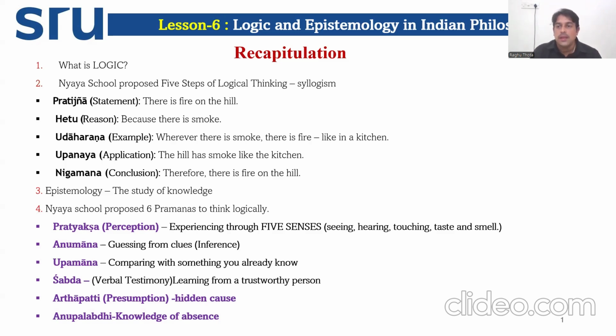Upamana, that is, comparing the situation with a situation which you already know. For example, a person witnessed an animal in the village which is completely different, and he was trying to describe it to the other people. It looks like a horse. Why is he comparing it with the horse? Because the horse is an animal already known to the villagers. So he is comparing that animal with a known animal. It looks like a horse, but it is not a horse. It has white and black stripes. That is called comparison. Through comparison, we can identify and explain the truth.